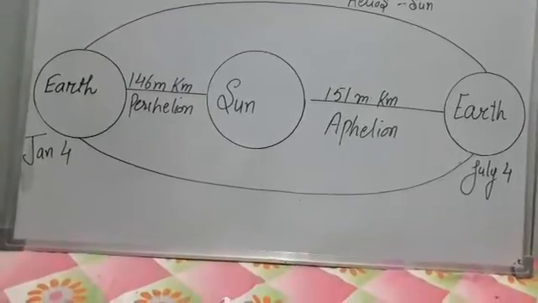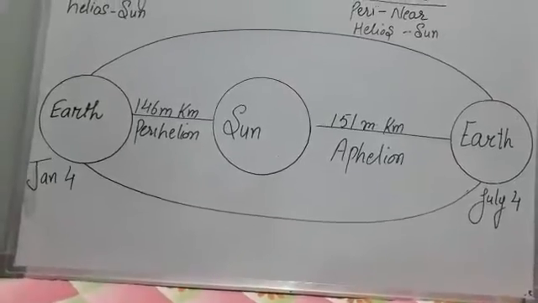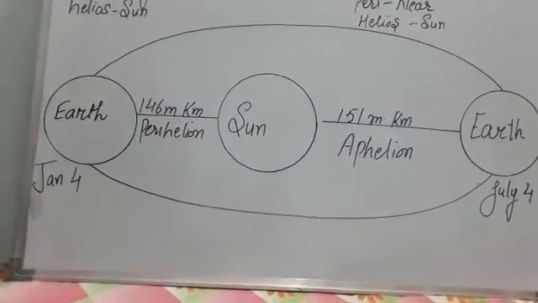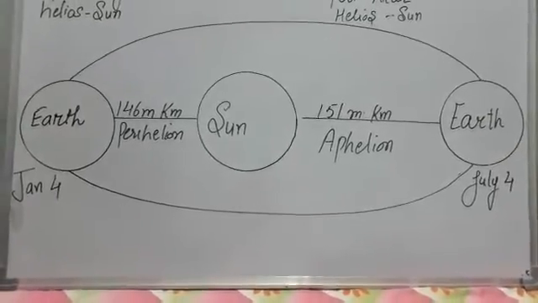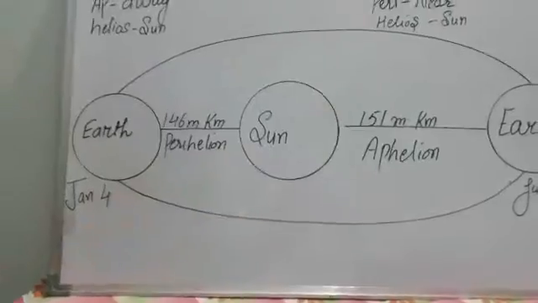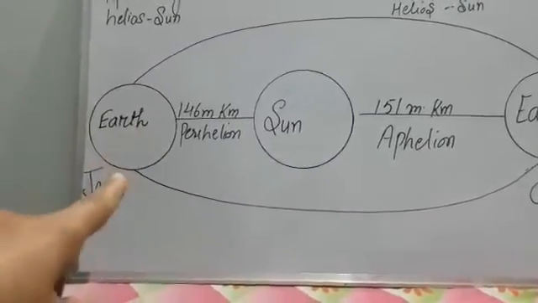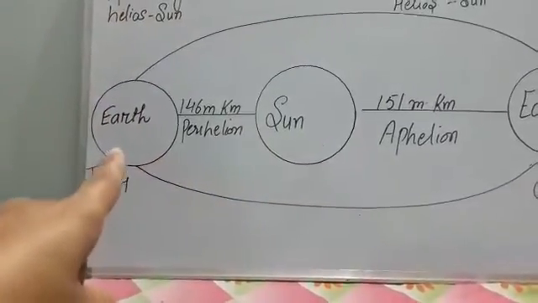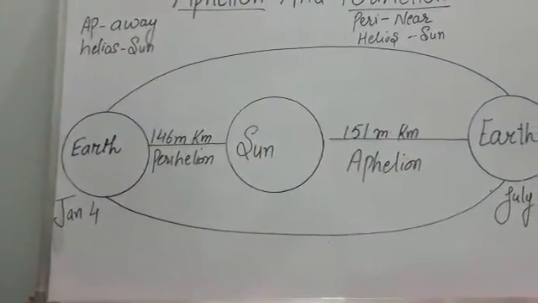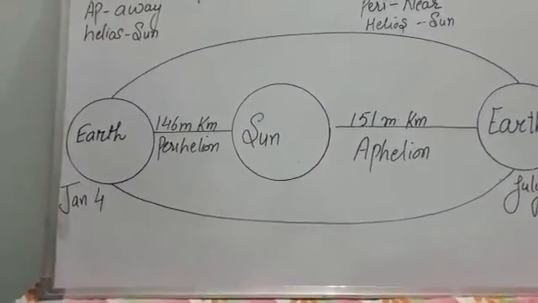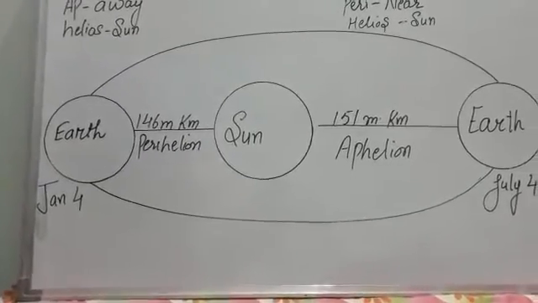During every complete revolution, the distance between the earth and the sun varies by only 3%. And what does it mean, 3%? Suppose during this year's revolution, the earth is at the minimum distance of 146 million kilometer. And next year, when the earth reaches the same point during revolution, the distance between the earth and the sun would be 147 million kilometer or 148.5 million kilometer. So the variation will be only about 3%.